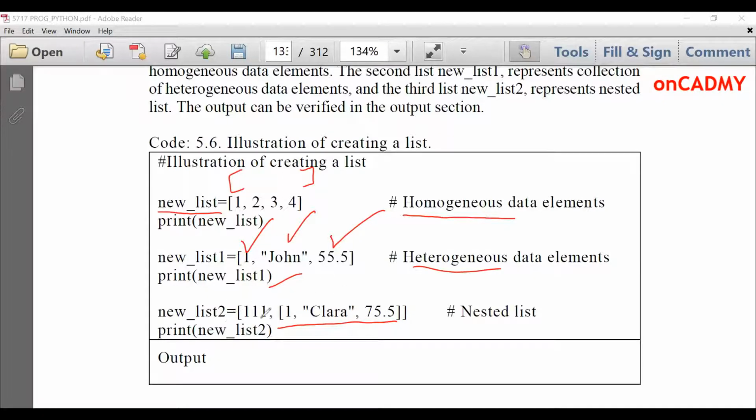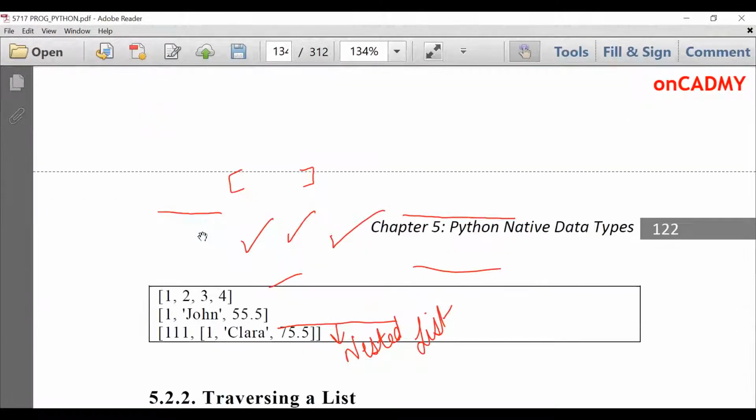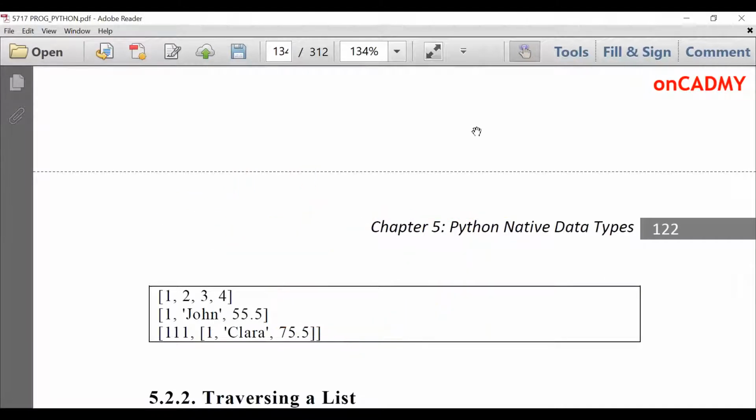So this list has 2 elements, 111 and [1, Clara, 75.5]. This is called a nested list. Fine, now we can see the output. All these 3 lists that we have declared so far are shown in the output as such, because we didn't perform any processing on them.